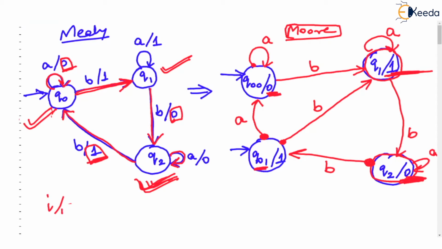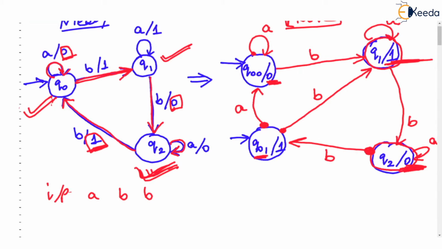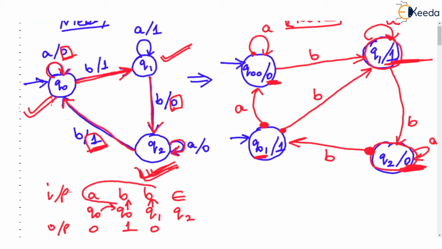let's see, the input given to the Mealy machine is again ABB. I'm taking a very small input because that's okay. Now in the Mealy machine, when you start from Q0, Q0 reads A, remains in Q0, isn't it? The resultant state is still Q0, but the output is 0. Now Q0 reading a B will go to the Q1 state, but output 1. And Q1 reading B will go to the Q2 state and output 0. And then we have the end of the input. So for the input ABB, the output is 0, 1, 0.